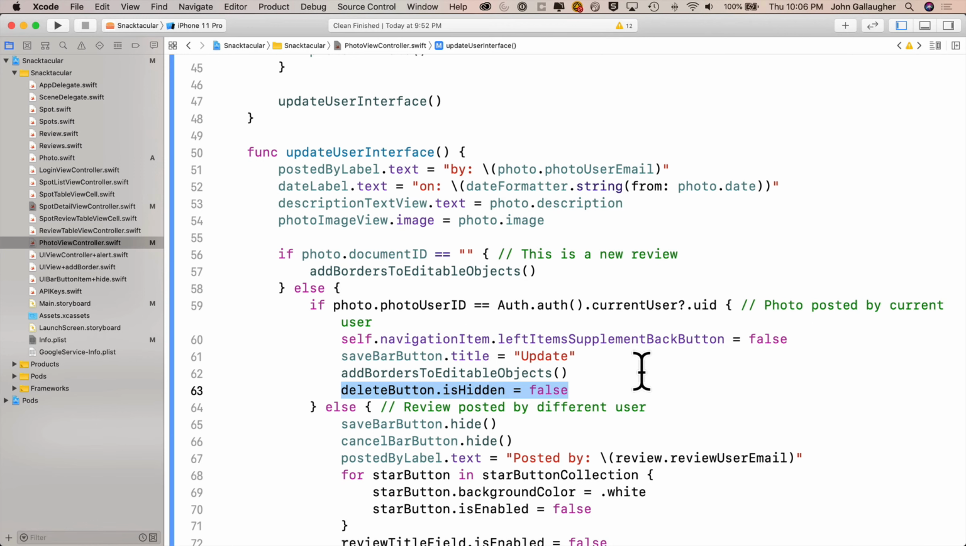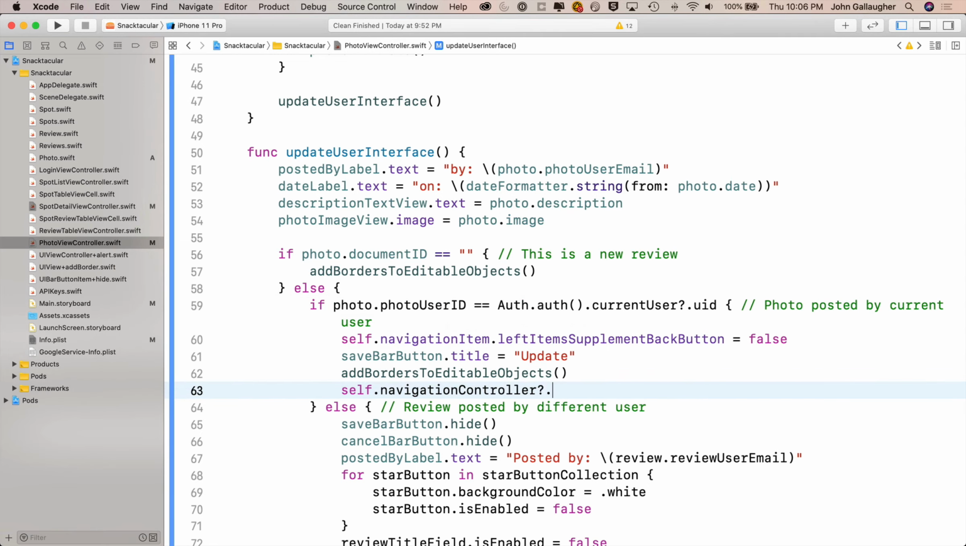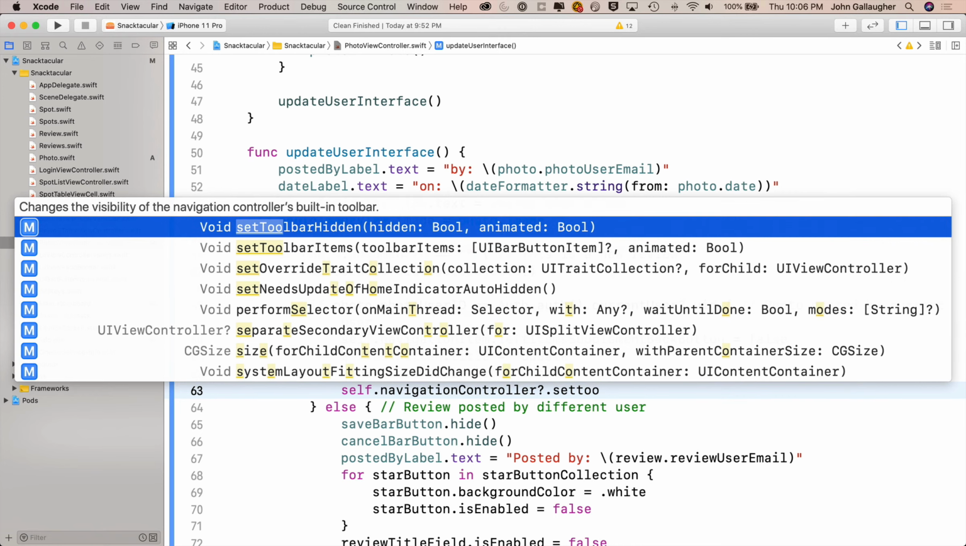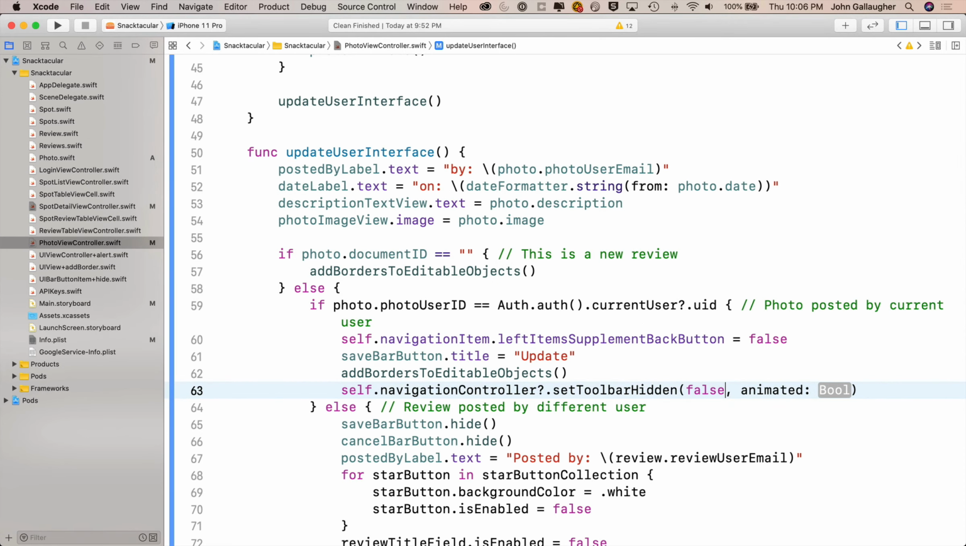Xcode will eventually show me that there's an error because this delete button doesn't exist. So let's delete this line that sets is hidden to false for the delete button that doesn't exist, and instead we'll replace it with code to show the toolbar, because that's where our little trash can button is. And we learned how to do that in an earlier video. We just say self.navigationController?, and the method is setToolbarHidden. Select that, and we'll pass in false for hidden. That will make sure that it is being shown and not hidden,